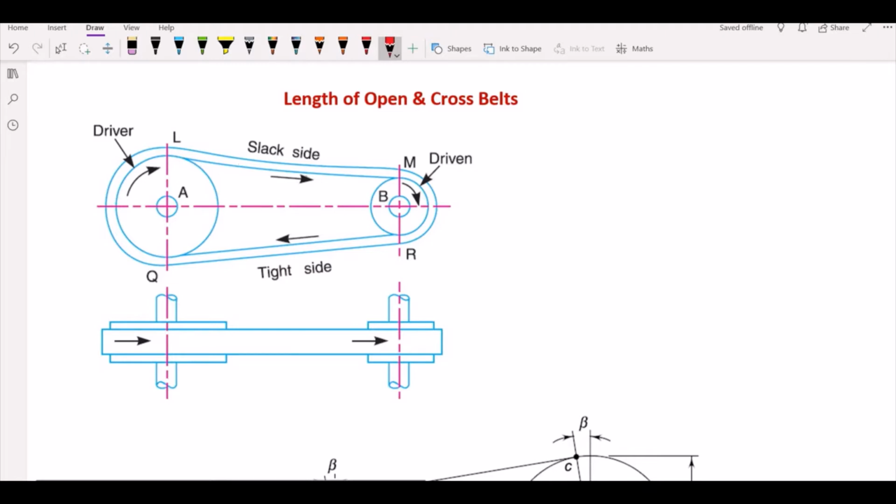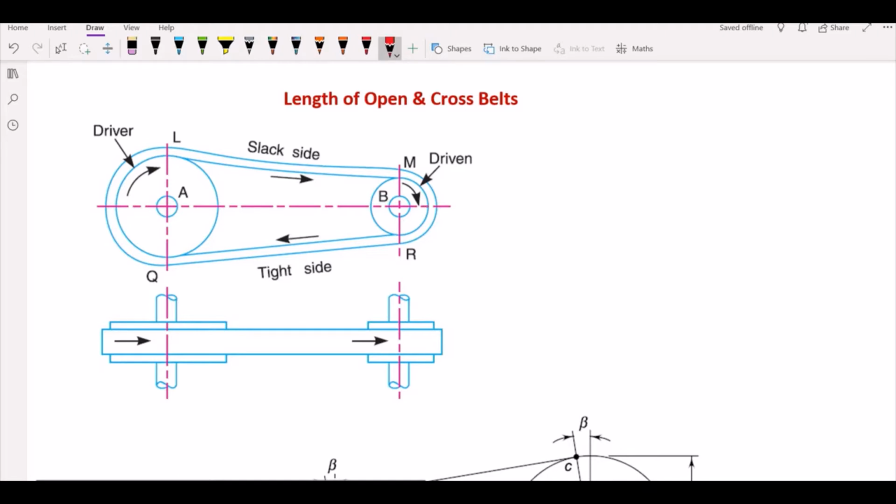The attached shaft, the driving one, will be rotating, and the belt attached to it will make the belt rotate. Here the slack side is the top one and the tight side is the bottom one. Due to the rotation of this belt, which is in contact with the driven or follower member, the follower member rotates. So the power is transmitted from the input to the output, where it is collected.